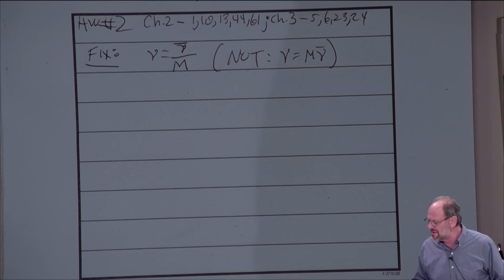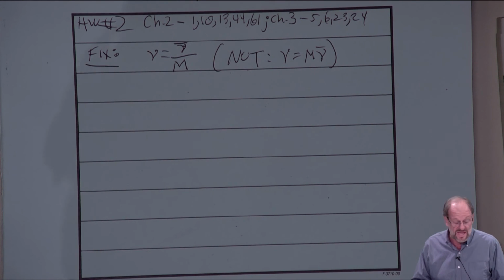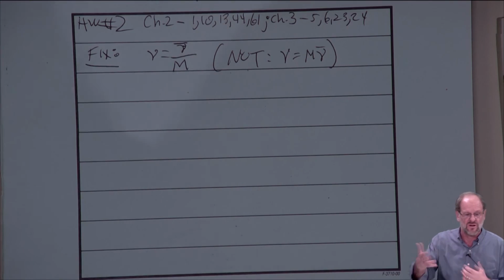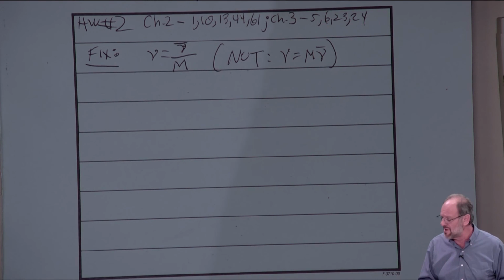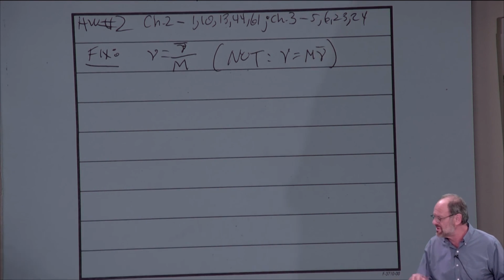What you'll find is that in some equations or some tabulations of data, it will give you the specific volume, and in others, it'll give you the molar specific volume. It's really easy to switch from one to the other. You just take your molar specific volume and divide by the molar mass, and then you have the actual specific volume. Usually it's the actual specific volume, which is the inverse of density, right, that we're going to use in problem solving. So just fix your notes from last time. That's all I really wanted you to do.